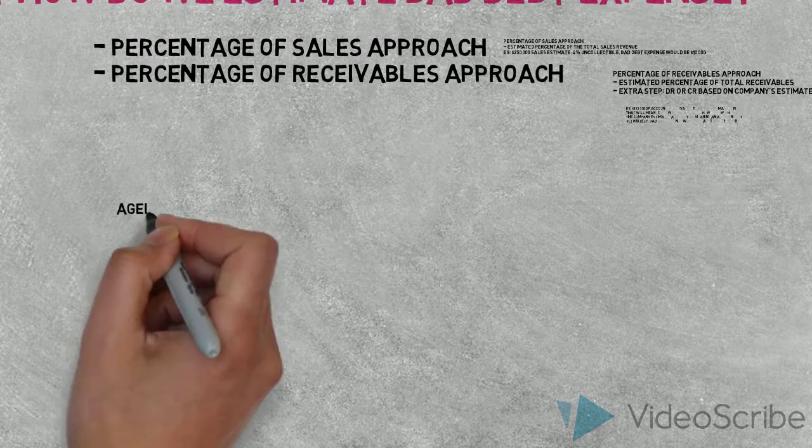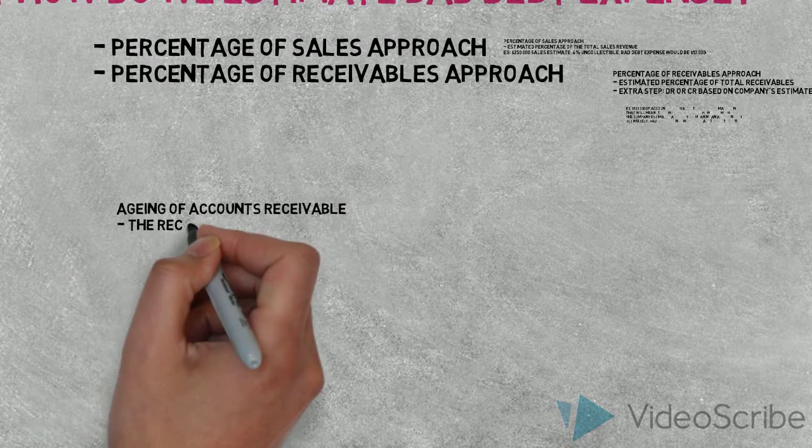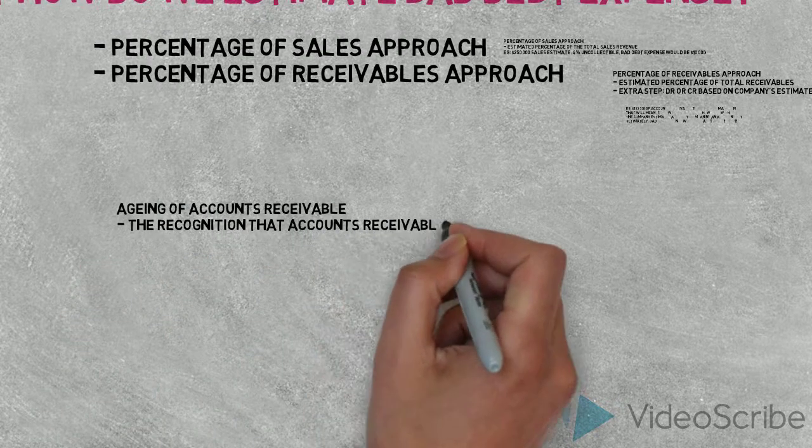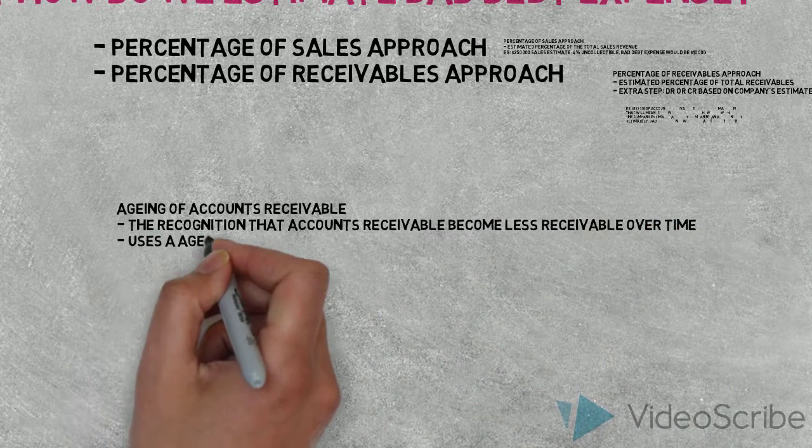Finally, the aging of accounts receivable is the recognition that accounts receivable become less collectible over time, and we must use an aging schedule to